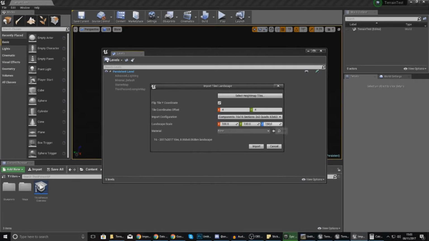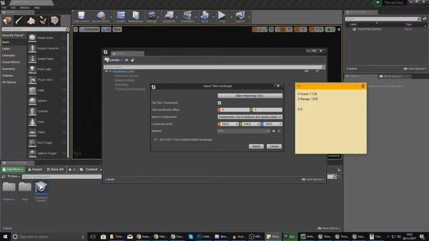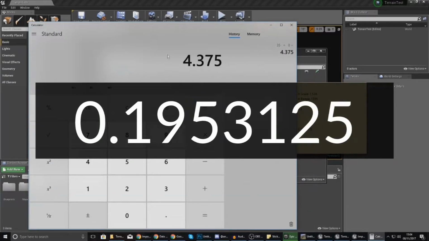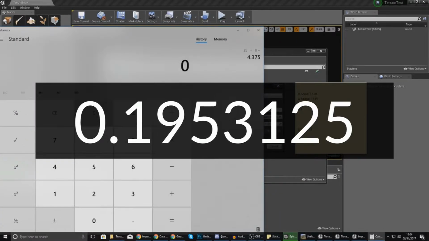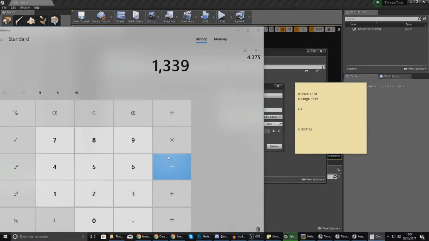And then for the Z value down here, you need to do something, and that is just take your vertical range, which we had in our sticky notes before, and if you remember that was 1339. You want to do some maths to this and just multiply this by a little number. And the little number that I am after is over here. So I'm going to clear that. 1339 multiplied by